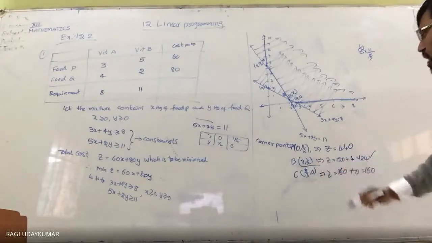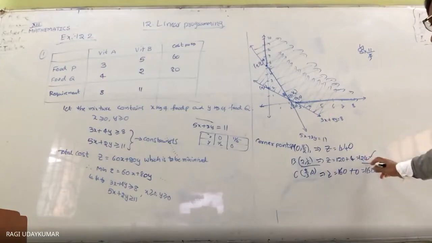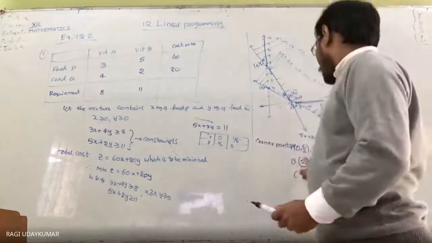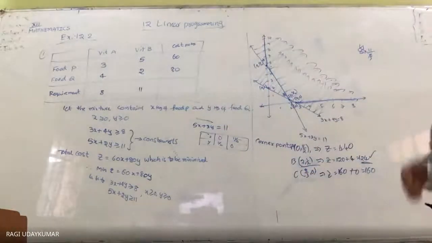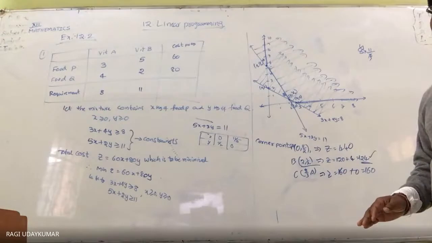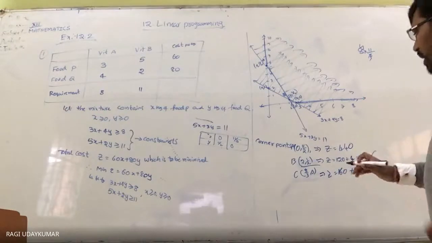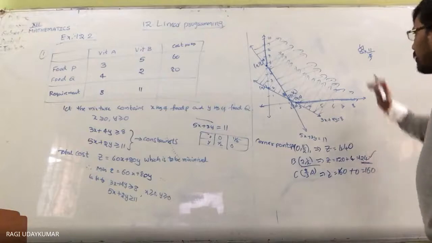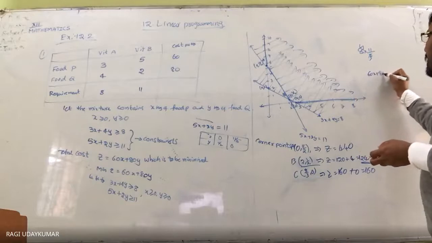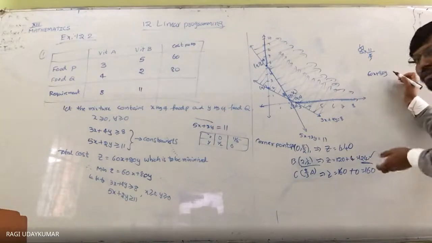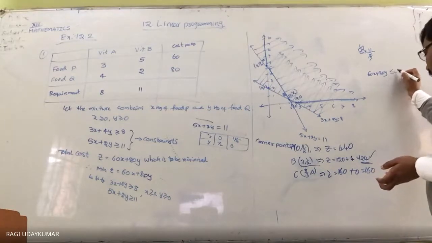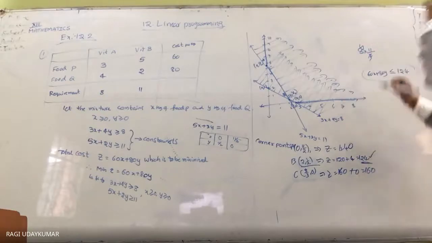So at the point 2 comma 1 by 2, the minimum value is 124, and X means food P should be taken as 2 kgs and food Q should be taken as half kg. And as it is an unbounded problem, you cannot take it directly. Whenever you get the value 124, as per the theorem, you need to consider 60x plus 80y less than or equal to 124, an inequation should be drawn.